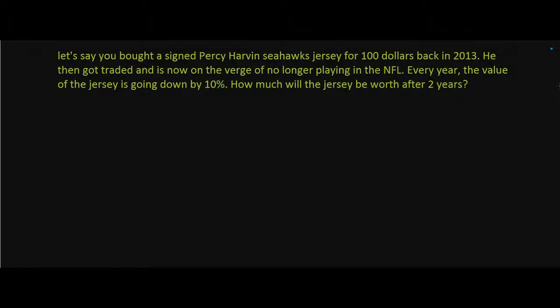He then got traded and is now on the verge of no longer playing in the NFL. Every year, the value of the jersey is going to go down by 10%. How much will the jersey be worth after 2 years? Alright, so we have this problem that we're trying to solve, essentially how much the jersey is going to be worth after 2 years. So we know for sure, when you bought the jersey, the initial price,